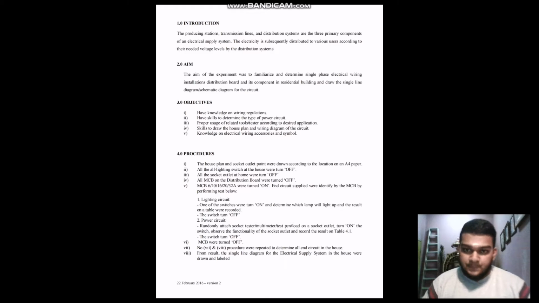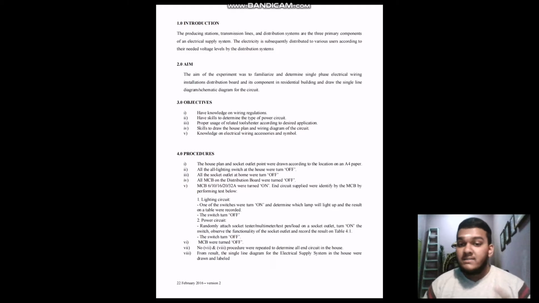The procedures. Firstly, the house plan and socket outlet points were drawn according to the location on an A4 paper. Next, all lighting switches at the house were turned off. Next, all the socket outlets at home were turned off. And then all MCBs on the distribution board were turned off. Next, MCB 6, 10, 16, 20 and 32 ampere were turned on and circuit supplied were identified by the MCB